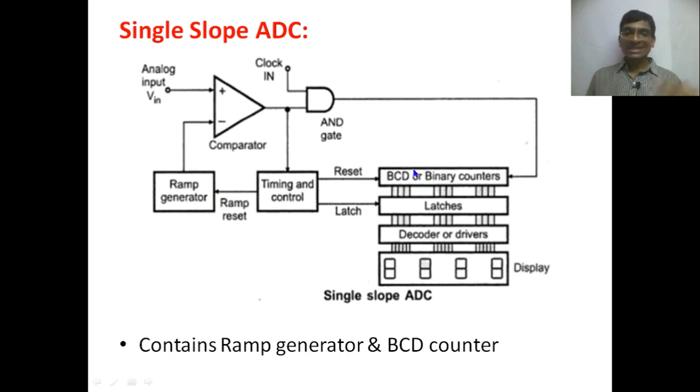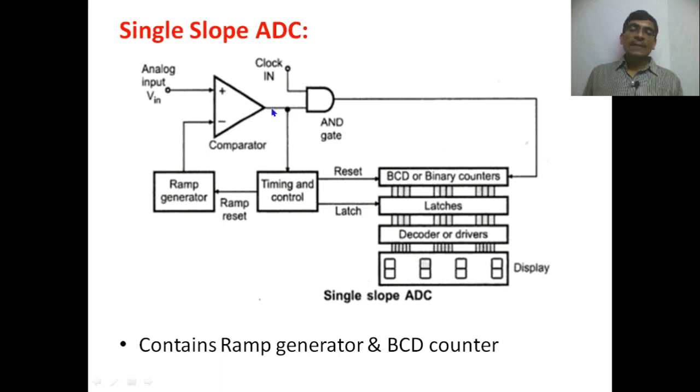For every clock signal it increases the count, until the ramp signal voltage becomes greater than the analog input voltage, which needs to be converted into digital. At that time the voltage of the ramp is greater than the analog input signal applied. Therefore, the negative voltage will be transferred to the output, which is the logic 0. Logic 0 will switch off the AND gate, and no clock signal will be transferred to the binary counter, so the binary counter will stop counting.